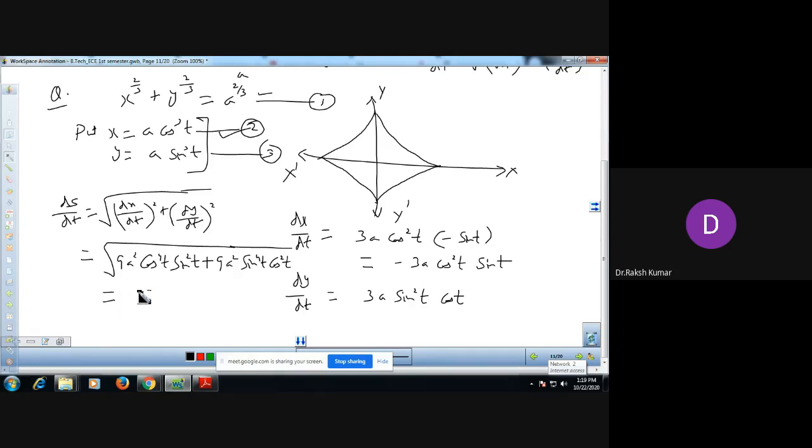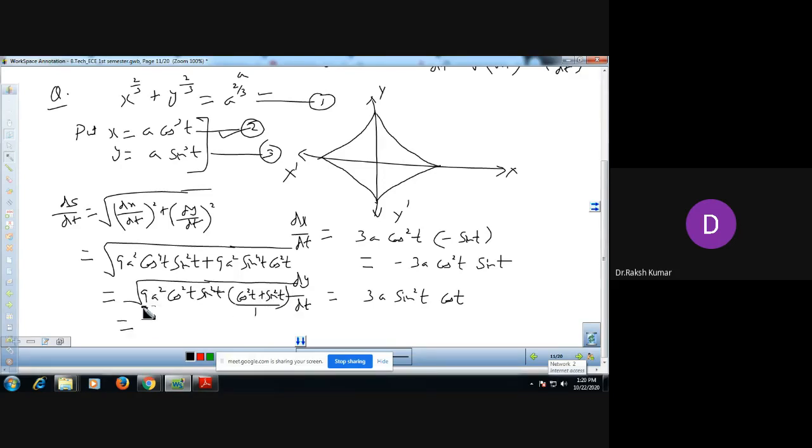Ultimately, we should have 9a square into cos square t square root. You can apply the formula because inside you will get sine square t cos square t. In bracket we should have cos square t plus sine square t, and because this value is 1,